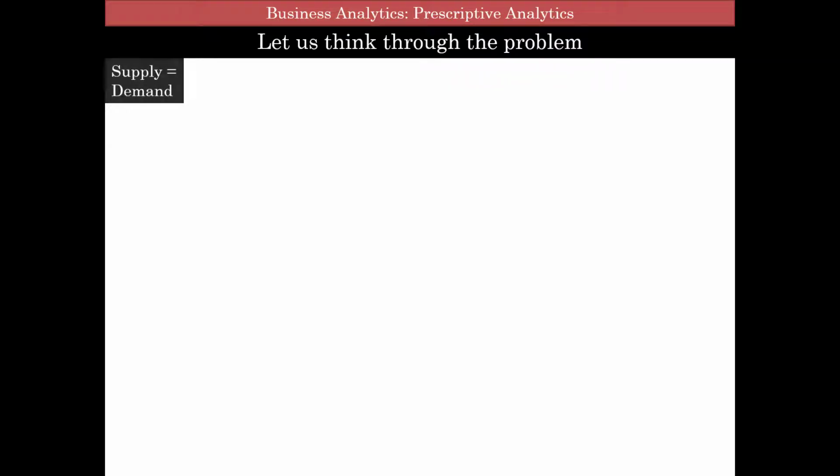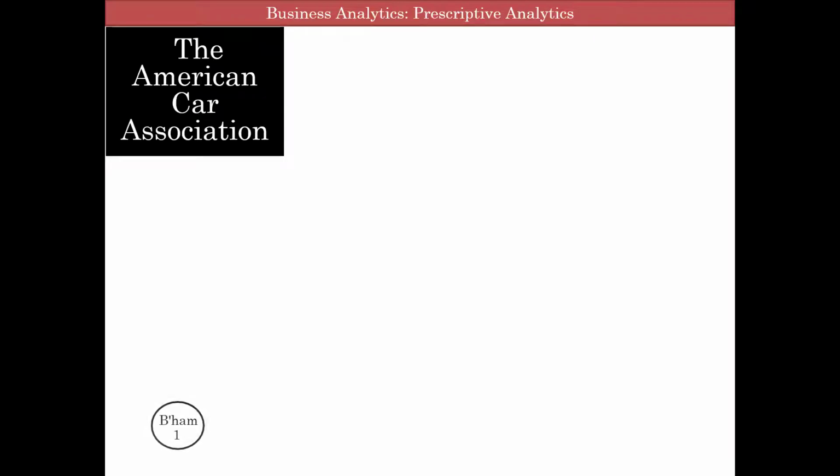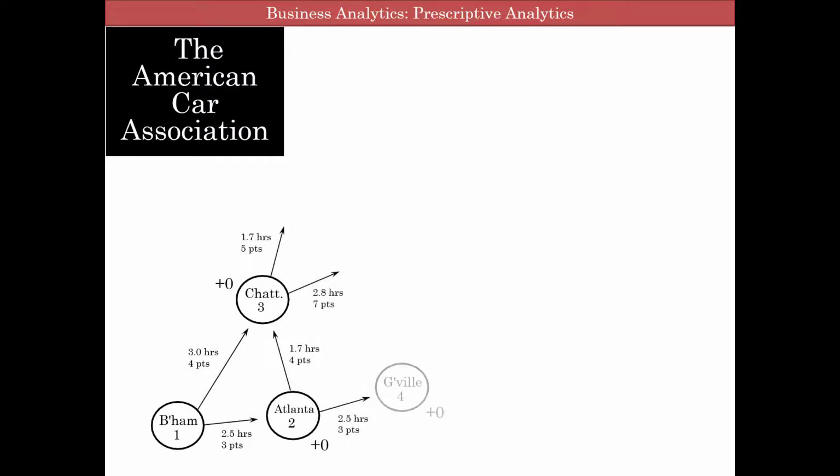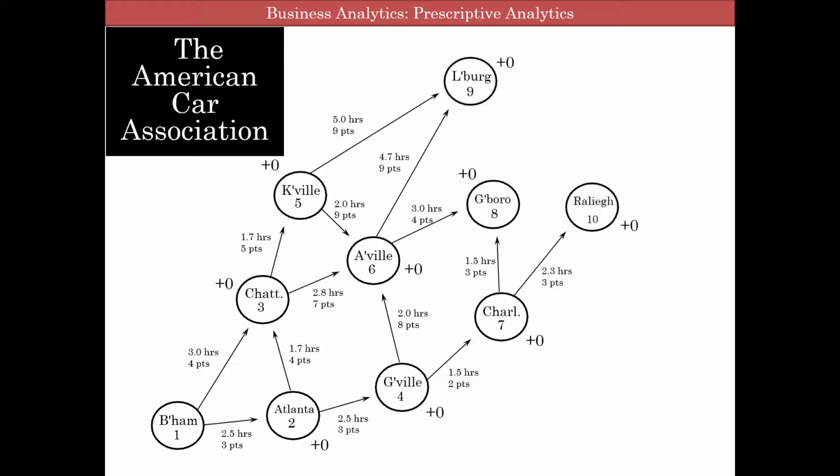So let's look at this problem. Supply is now equal to demand. There's just one car, and you're trying to go from Birmingham to Virginia Beach. Each arc, or each arrow, contains the time and the number of points. And you can see here how it's set up. So given this,